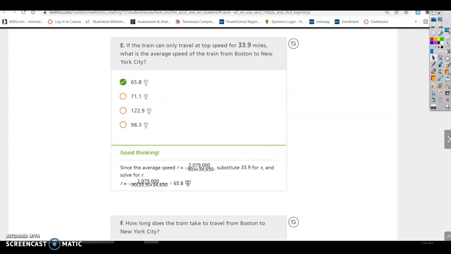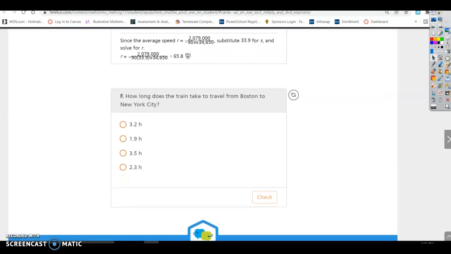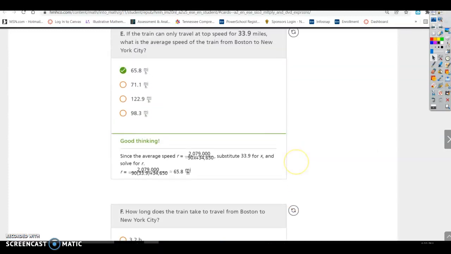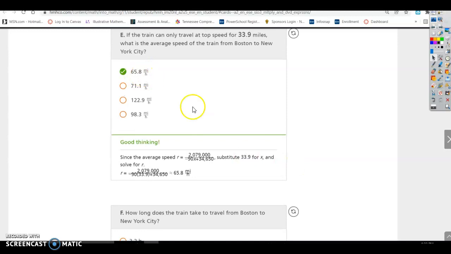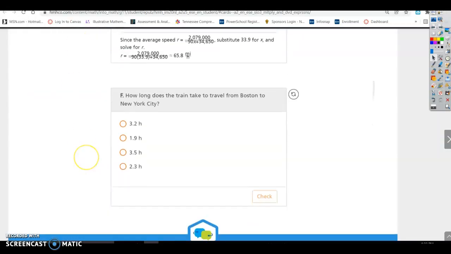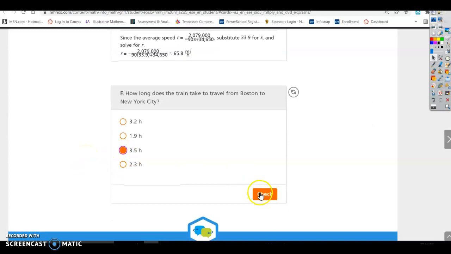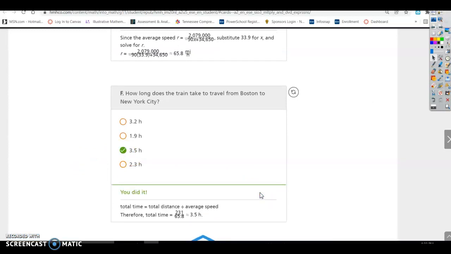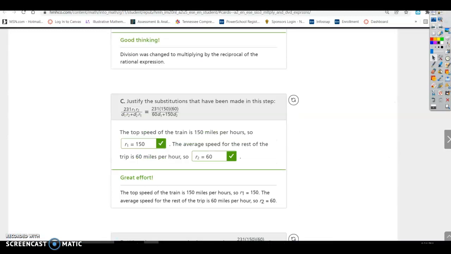All right, so how long does it take the train to travel from Boston to New York? Okay, so if their average speed is 65.8 and we know that it's 231 miles, so we know it's going to be 231 miles divided by 65.8 miles per hour. It's going to take about 3.51 hours. It's about 3.5 hours to travel from Boston to New York on the train,